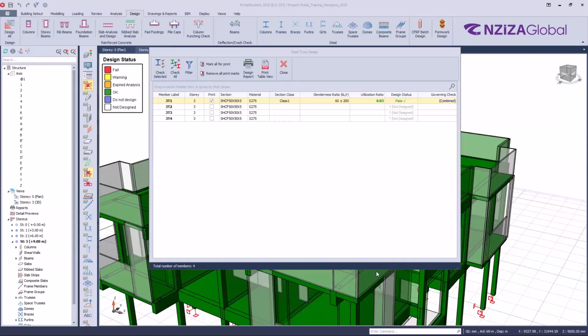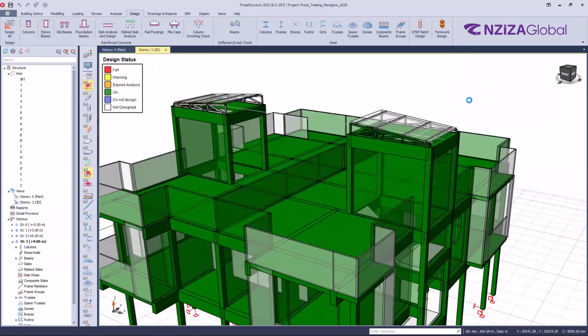So I will start again. Okay. So if you want to design the steel members, you have to go to the design tab. Then you have tools here on the right side to design your steel members. So we are starting with trusses. Okay. So if I click on truss,